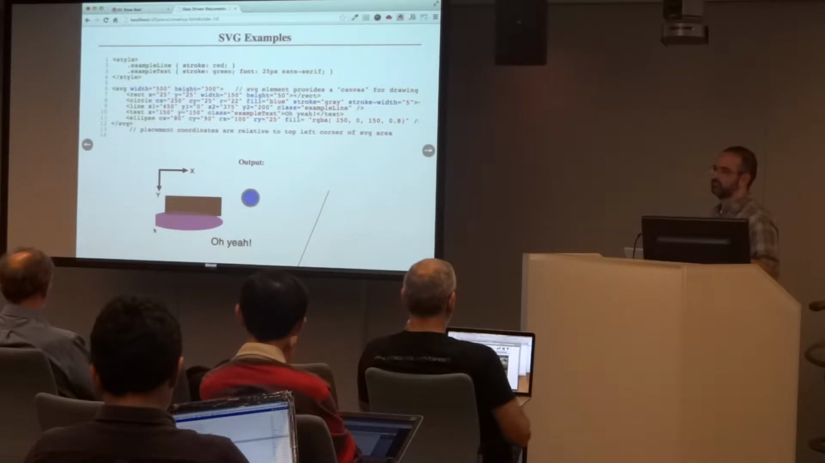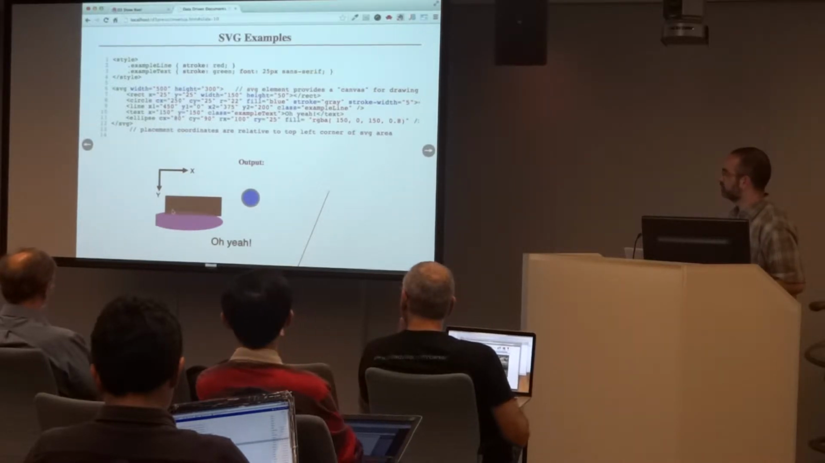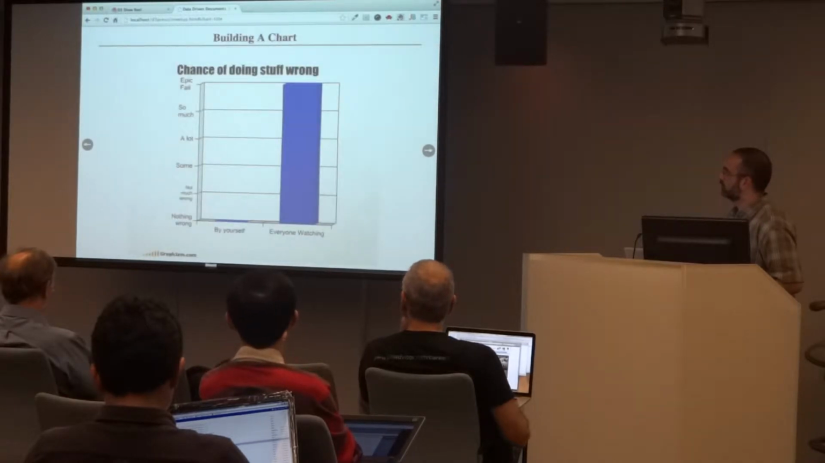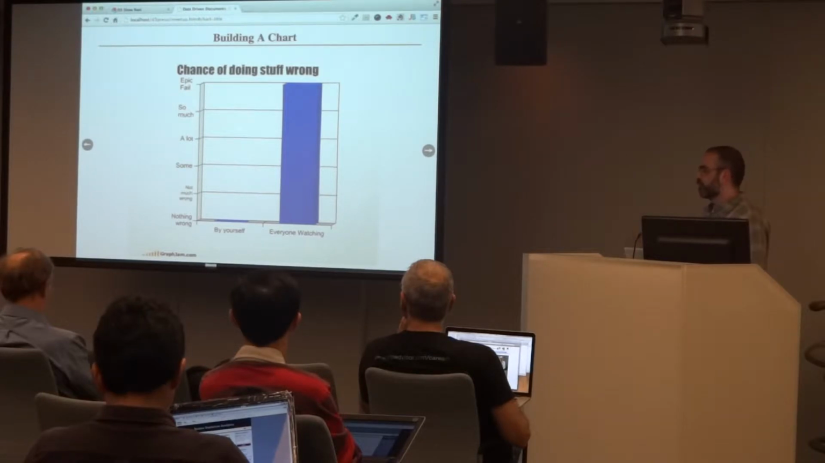So that gives you control over where you place things. All right, so I'm going to build a chart, a bar chart. Given all the power that D3 gives you, building a bar chart is decidedly a very unexciting type of visualization. But